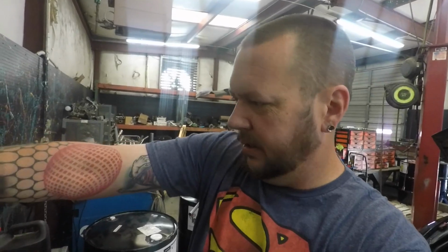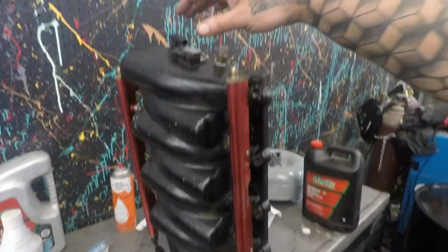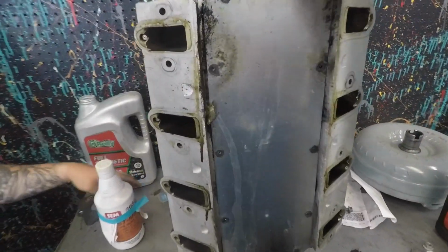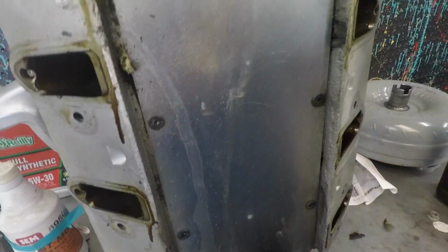We are using a Pro Comp intake. It's a solid aluminum intake. It is standing on end right now, so it looks kind of funny. It's this guy. Underneath, there is a plate, and right here, that's part of a gasket. So what we're gonna have to do...